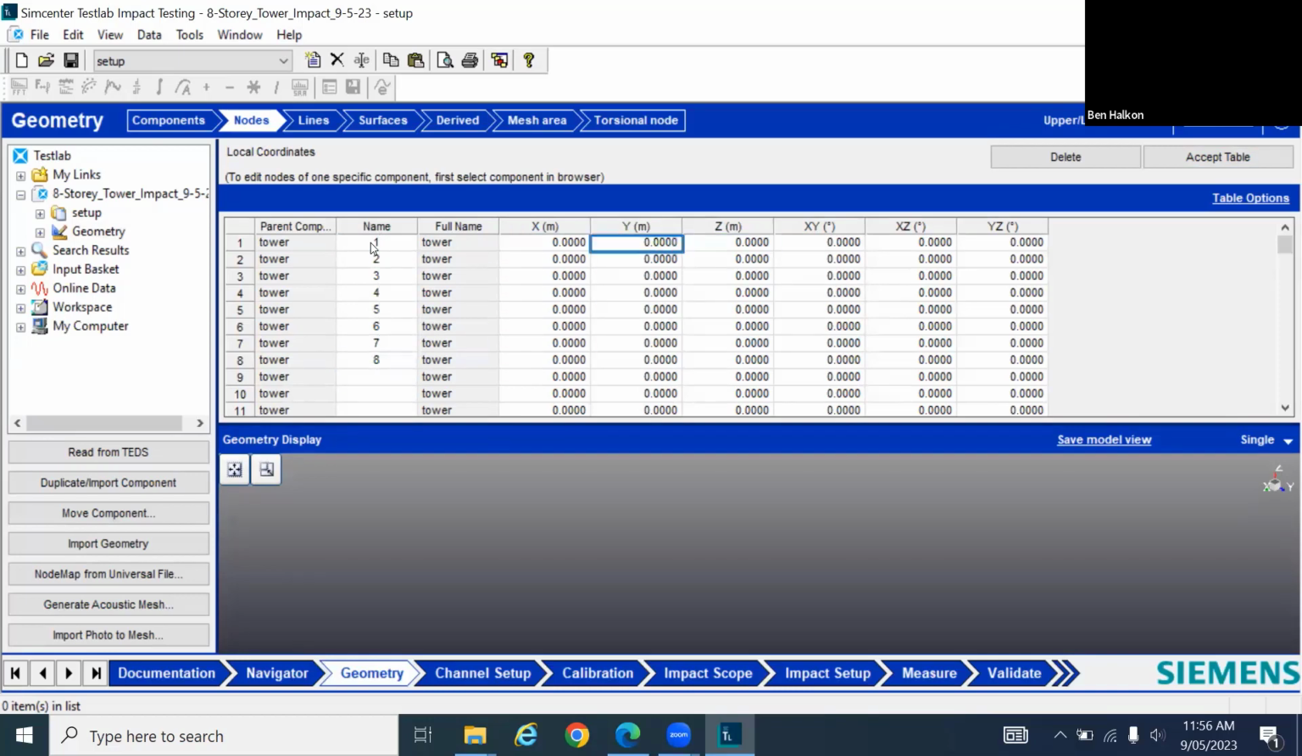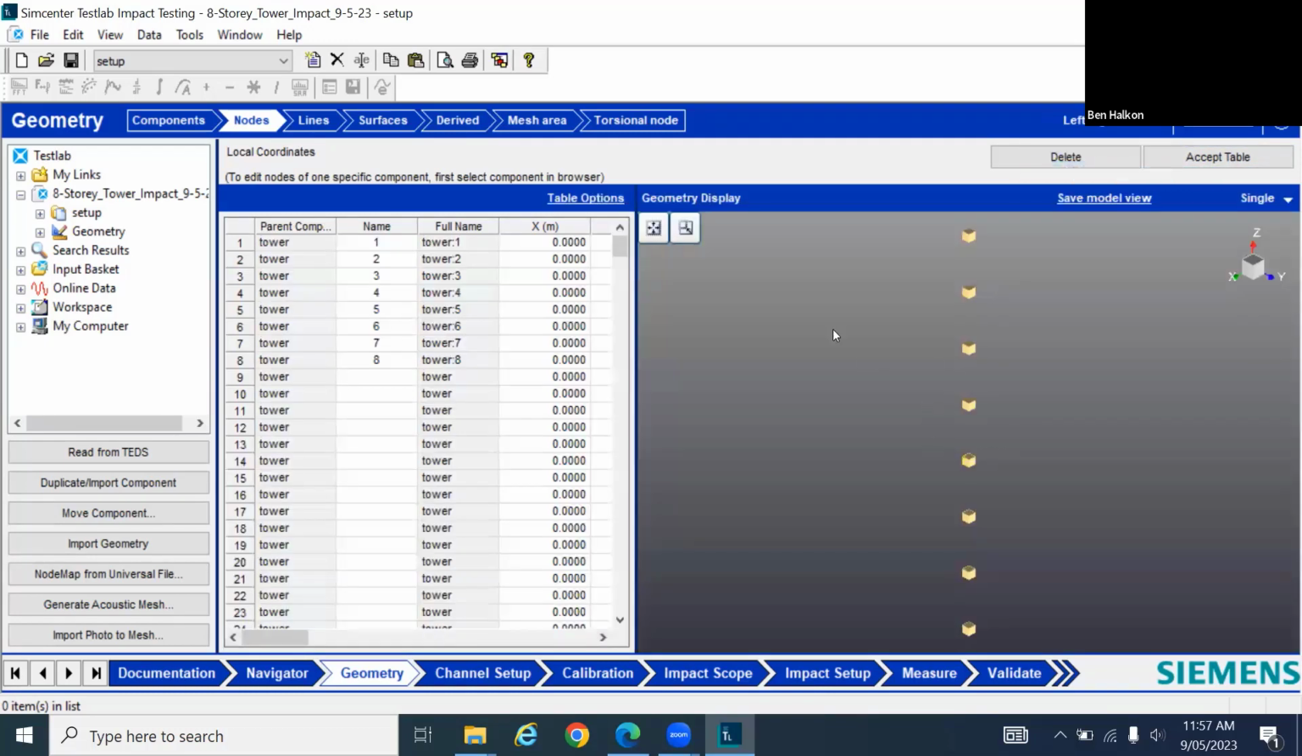I know, because I've made measurements of it, that the separation of these towers is 25 centimeters. So that will be 0.25, 0.5, and so on, all the way to, of course, 2. But it's your responsibility as the engineer to determine the geometry and define it accordingly. Once I accept the table, you will see that in the bottom, I have a series,